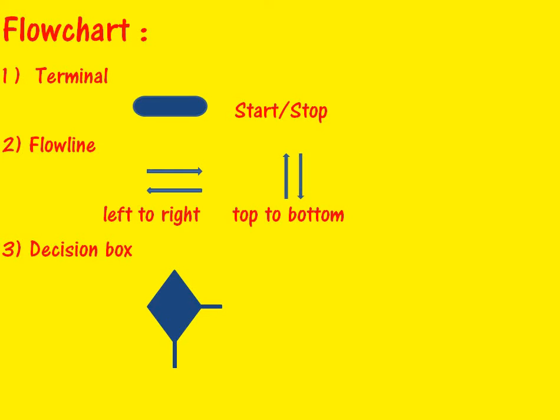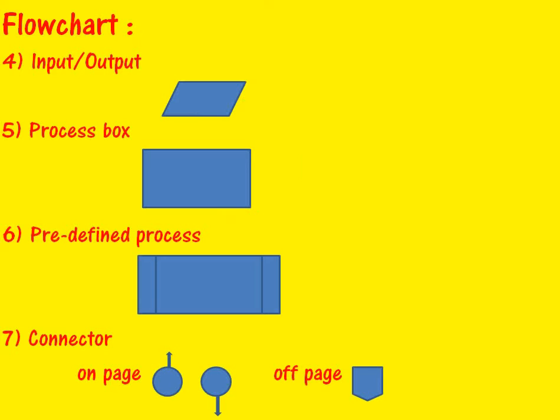Third, for a decision we use a diamond. In that, a condition is given. If the condition is true, the first statement will print. If the condition is false, the else statement will print. Fourth, in case of any input or output, if you want to take input or present output, we represent it with a parallelogram, for initializing, declaring, reading and printing information. Process box: if data processing is required, we use a rectangle. Rectangles are used for processing or operations performed in our process box.